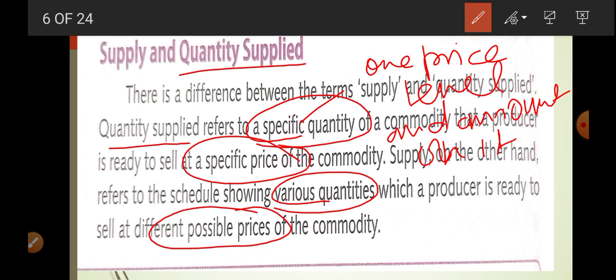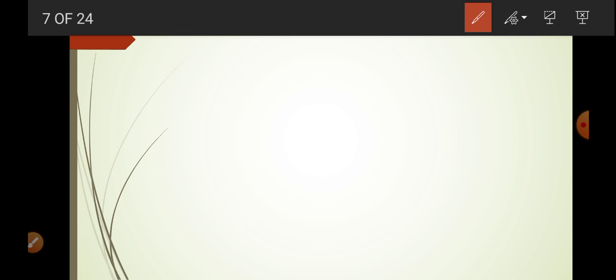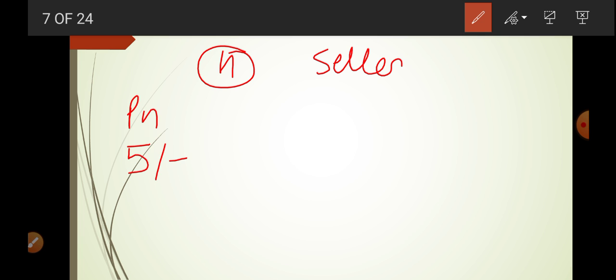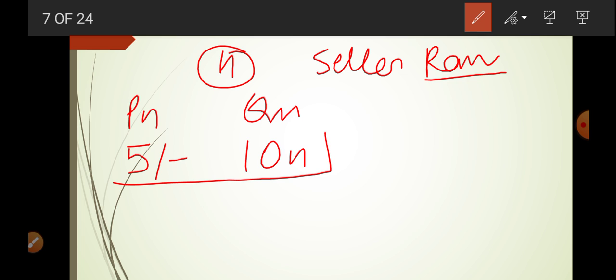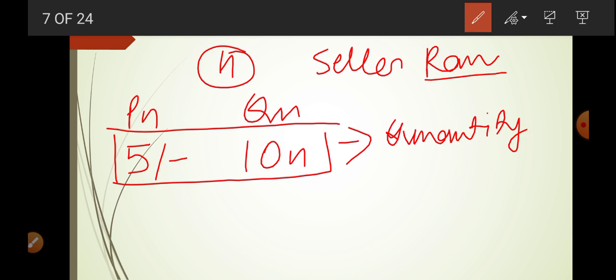So I'm going to explain it here. Suppose there is a commodity X and here is its price. If I write 5, price is 5 rupees per unit, the seller Ram is going to sell 10 X. So this is what? This is quantity supplied. Why? Because here we are discussing one